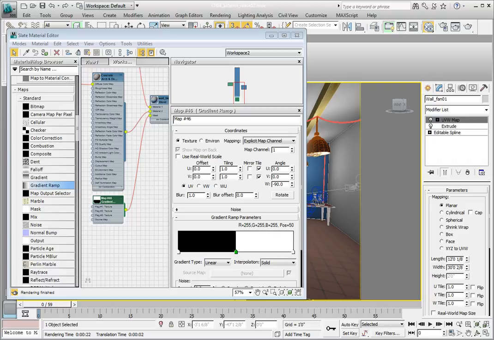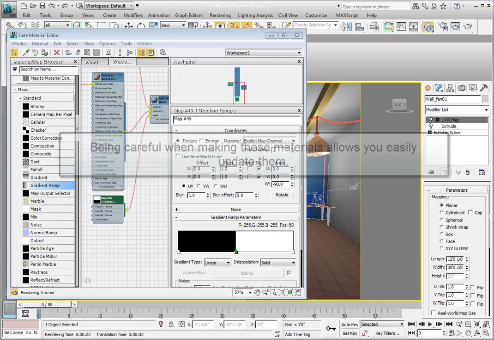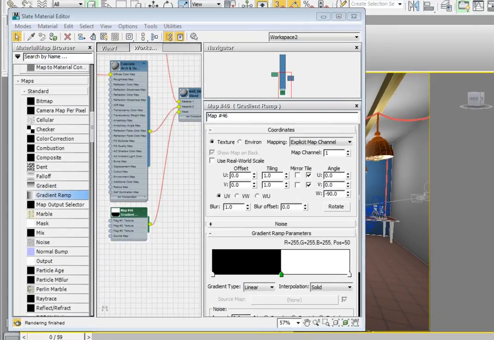So you tell them, "No problem. We'll have a new rendering for you in the morning, but it'll take some work." Let's fix what the client wants us to fix, and move the split in the wall between the two materials closer to the floor. In the Slate Material Editor, go back to the Gradient Ramp Parameters, and click and drag